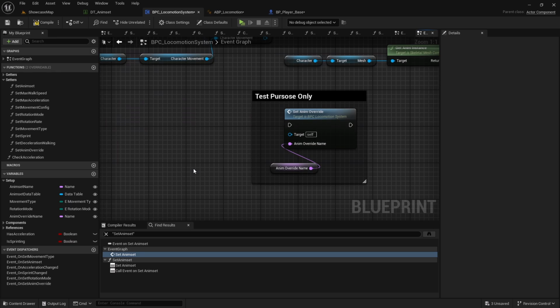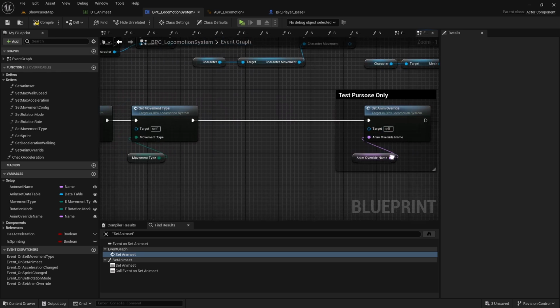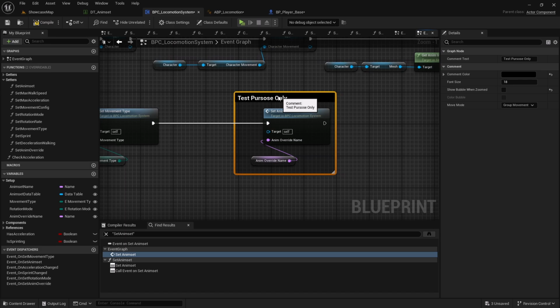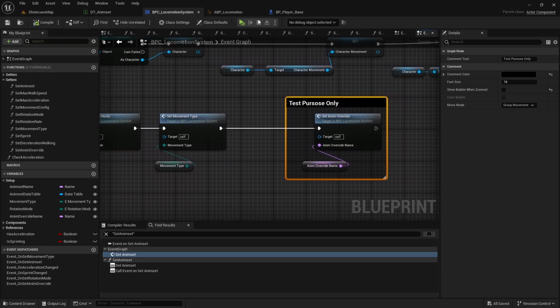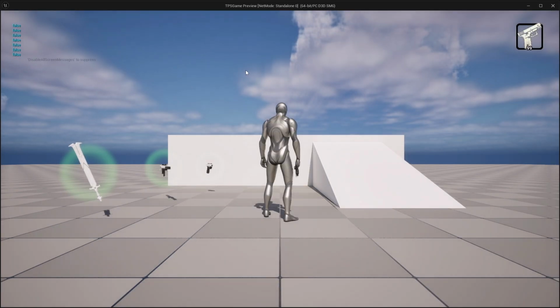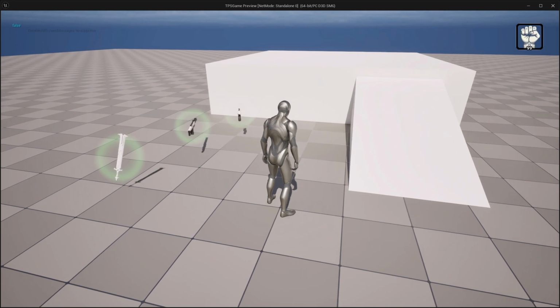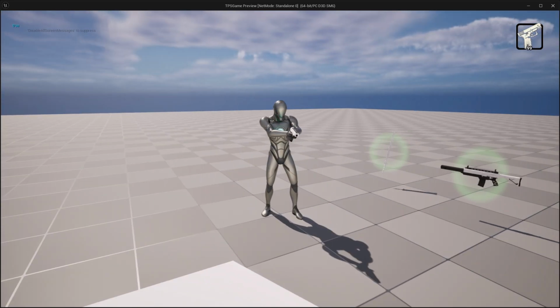So let's get rid of this delay. Now if I play it, nothing is there. But if I equip the rifle, okay,